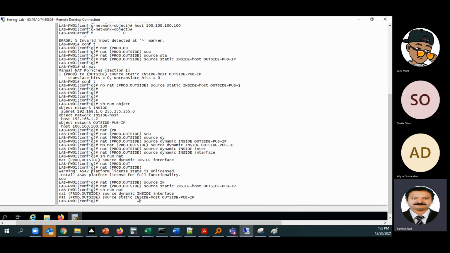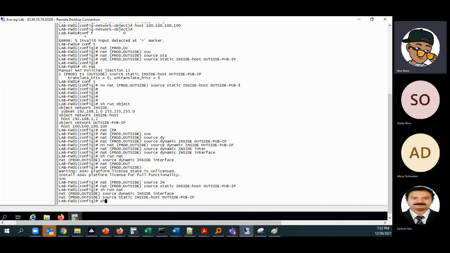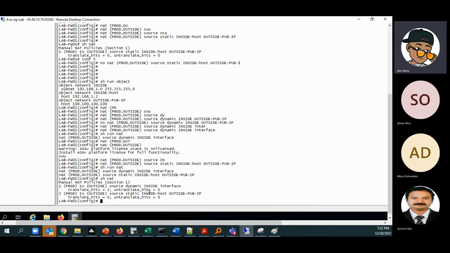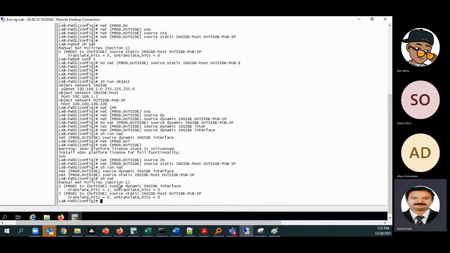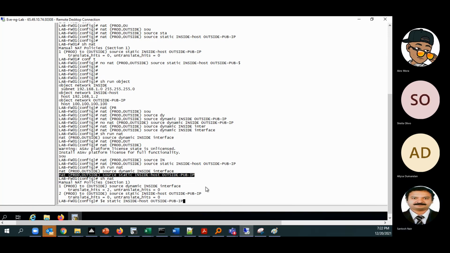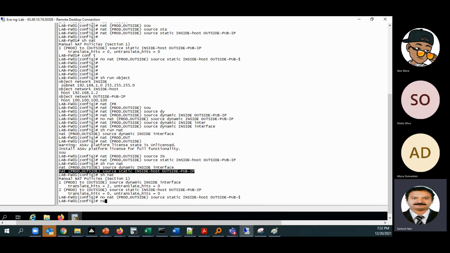Will it work? See, all the hits are going to the first two rules. So we have to remove it and configure it as rule number 1.